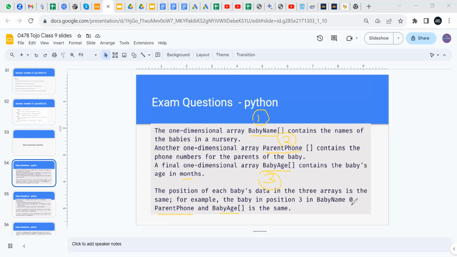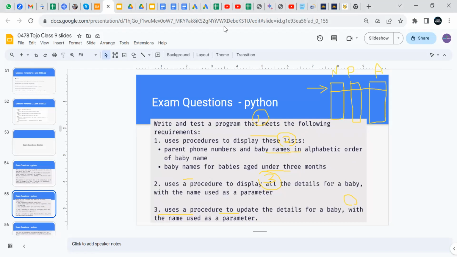I'm not sure what he is pointing to here, but I assume that he's having three arrays here, and so the baby details are in the first array, which is baby name, the name, and the phone, and then the age. So you already know that it will all be pointing to the same index. I'm not very sure why he put 0 with 3. So again, let us